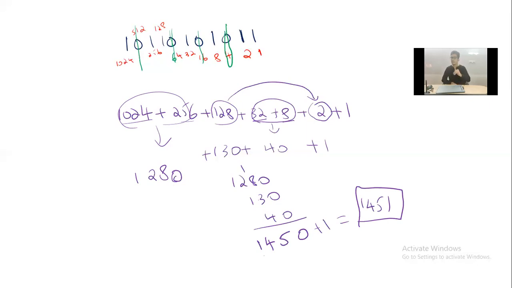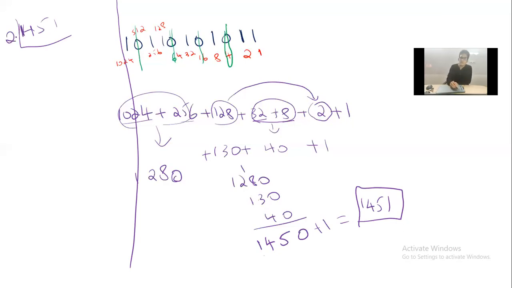Now let me convert this decimal back to binary to check whether it will work or not. So I'll put a line here so that I can write it here. 1451. I want to know the binary value of this 1451.